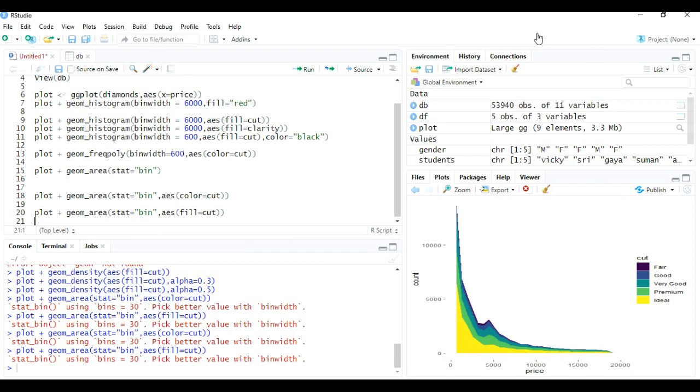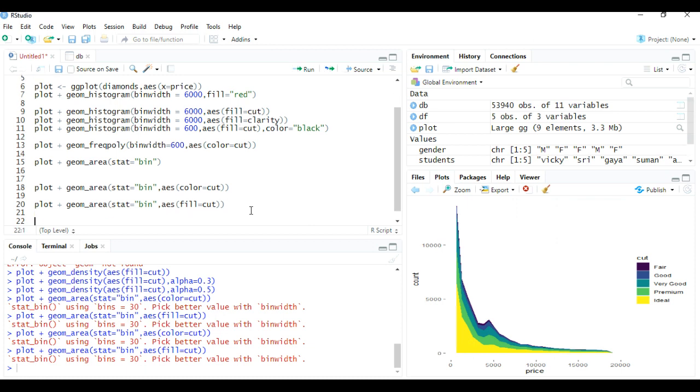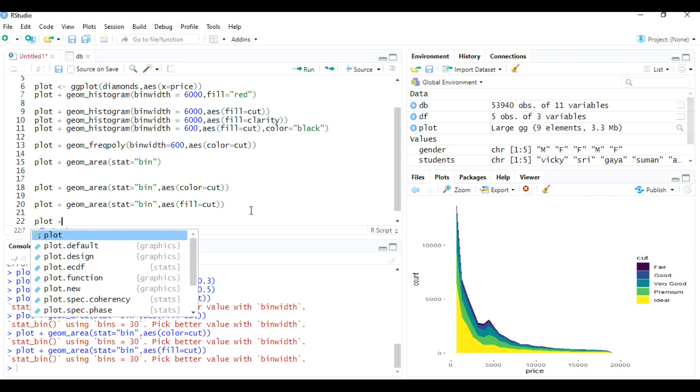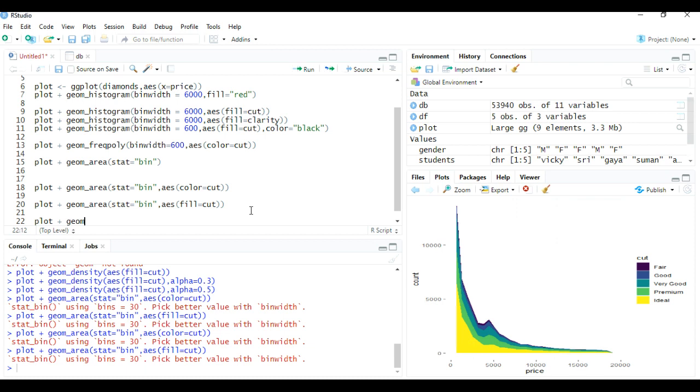Now I'm going to plot a density graph. We are done with the histogram, we are done with the frequency graph, and we are done with the area graph. Now let's do the density graph. So for the density graph I will type plot plus geom. Now I will use density here. Density, again I will use the aesthetic function.